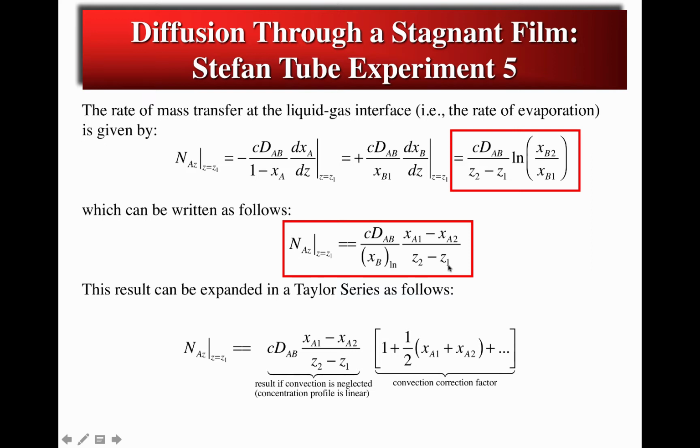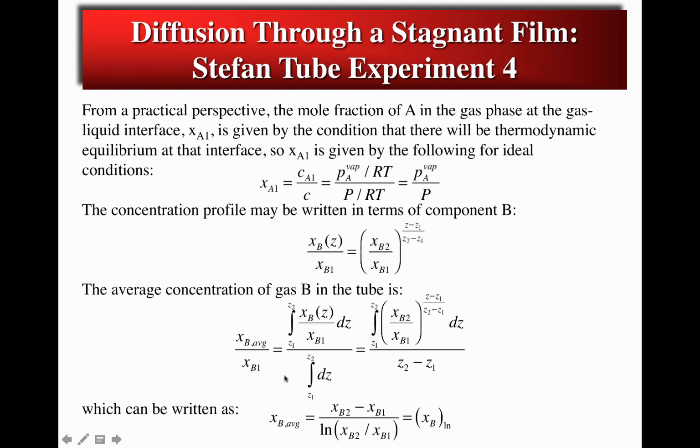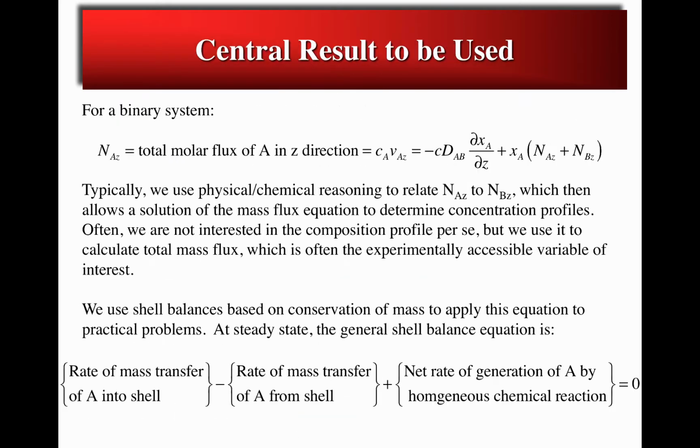And the thing that's interesting about this is if we go ahead and expand this log mean term in a Taylor series, we can split this expression for the flux up into two pieces. The first piece over here on the left is the result that you would get if you had neglected convective mass transport effects entirely. So if we flip back briefly to our